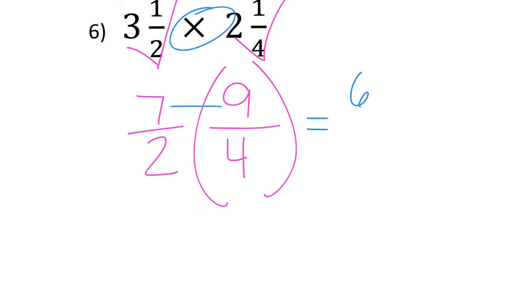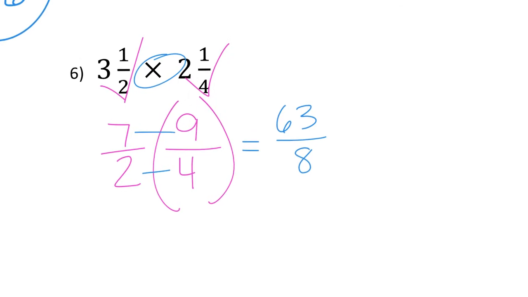7 times 9 is 63. 2 times 4 is 8. Now from here, I've got to figure out how many times 8 goes into 63. If I'm not sure, I've got to do some adding. But I know 8 times 8 is 64, so it's got to be one less than that. So it's going to be 7. And 8 times 7 is